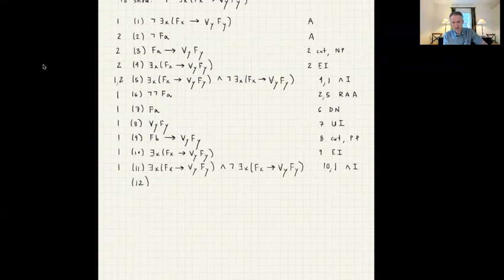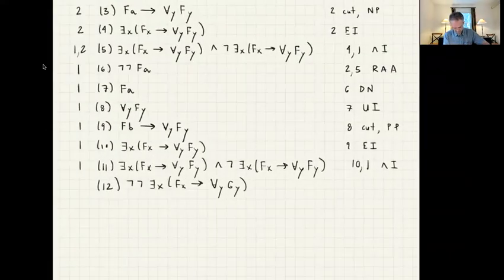Okay, so there. Now I have a contradiction. Line 1 leads to this contradiction, which is namely line 1 and its own negation, or in this case, the absence of a negation on it. So finally, on line 12, I get not exists x, Fx arrow for all y, Gy. Okay, so that's 1, 11,